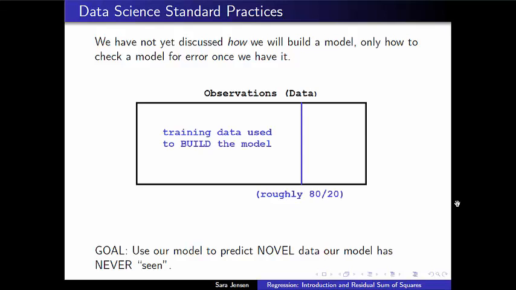Now, when you have a good amount of data or you're just getting started in data science, a roughly 80 to 20 split in your data is going to be good enough. Of course, there are circumstances where you may want to split your observations up differently. But again, for a starting out example, let's assume we make an 80 to 20 split, where roughly 80% of our data